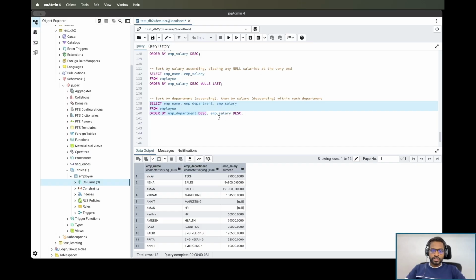So here, as per this question, sort by department ascending and then by salary descending within each department. Let me execute this. You can see that Engineering has three records, right? Just look at these three. The salary is not coming in sorted order: 1,10,000, 1,32,000, 1,26,000, right? The department is coming in ascending sorted order, but